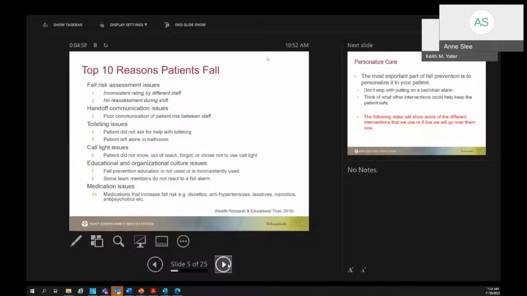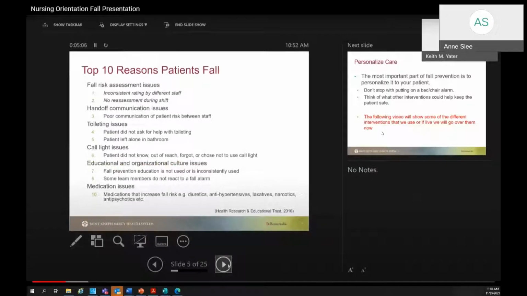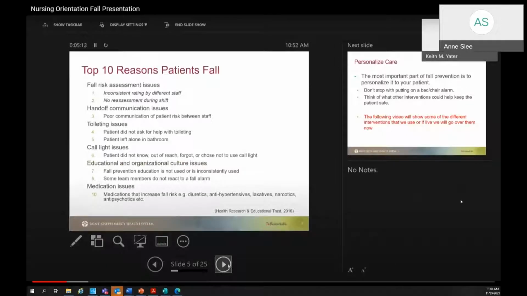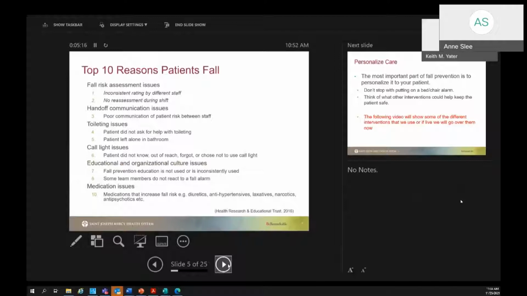So the top 10 reasons patients fall, not in any particular order. Fall risk assessment issues: inconsistent rating by different staff, so one nurse scores somebody much higher or lower than the next nurse, and then no reassessment during the shift. This is a big one. Patients change throughout the shift, and we don't always update their fall score. If that patient's on new pain medication, new diuretics, whatever it may be, that could put them at risk